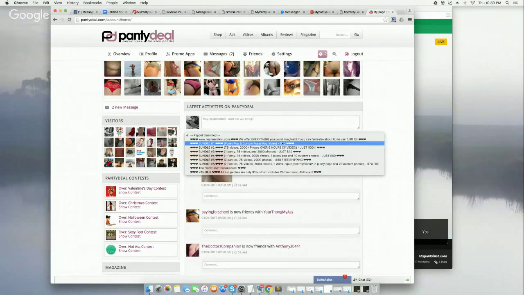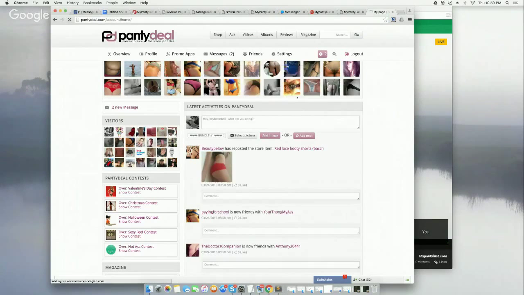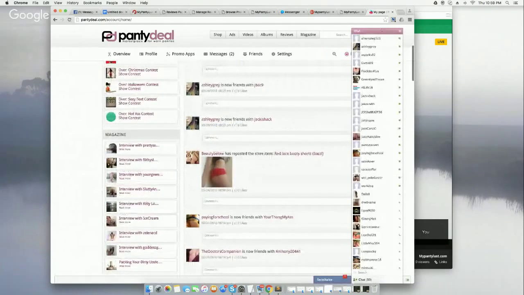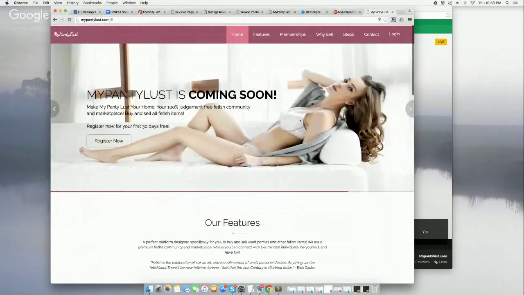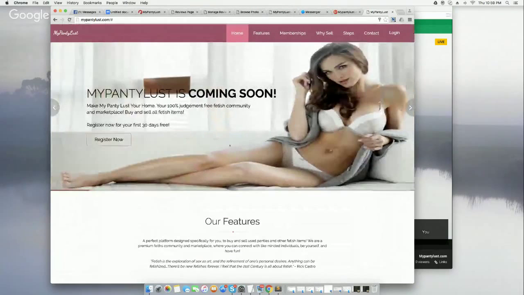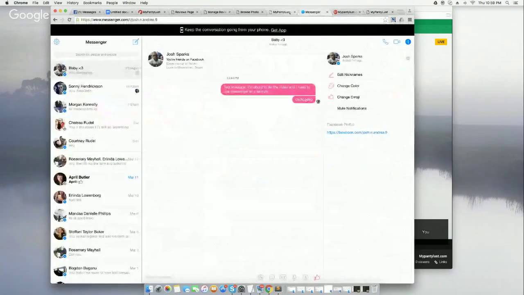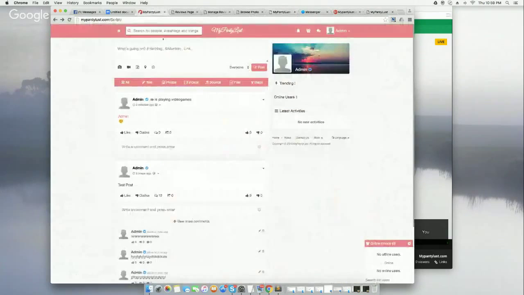And when they do that, are you sure? Confirm it, and then it will post. Basically, their classified inside the post box, and that link should lead to the classified. Okay, so that's newsfeed, and I think that pretty much covers it for the post box. Now on the newsfeed,